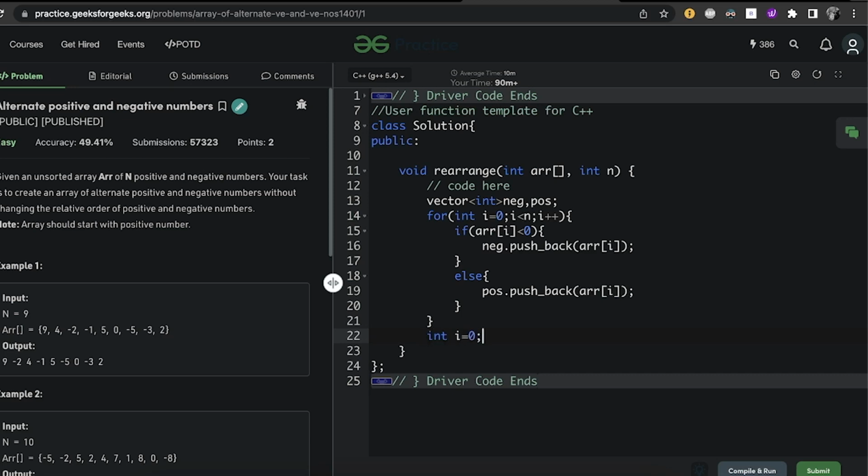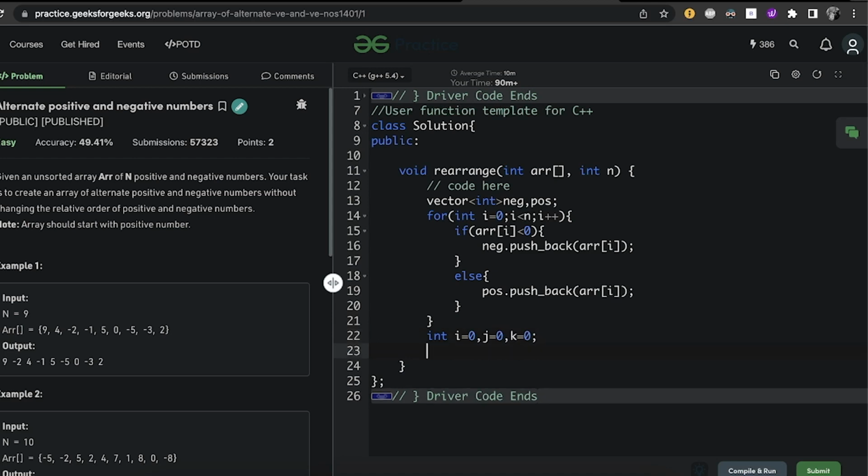So for int i equals 0, this is the pointer to the first negative, then j equals 0, and then k equals 0 would be the pointer for the resultant array. Now what we would do is, we would keep the answer in the ARR itself. So we won't do any explicit thing, we would just modify the original ARR array only, which is stored. So while i is less than neg dot size, okay, and then we would have